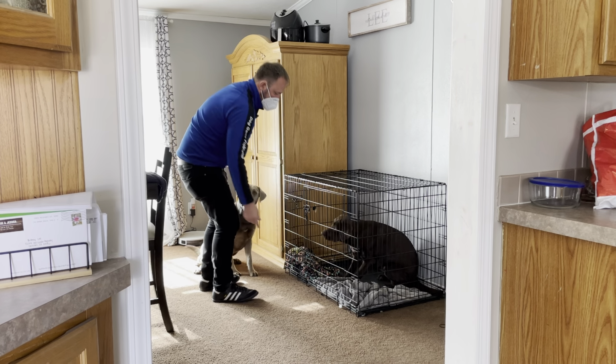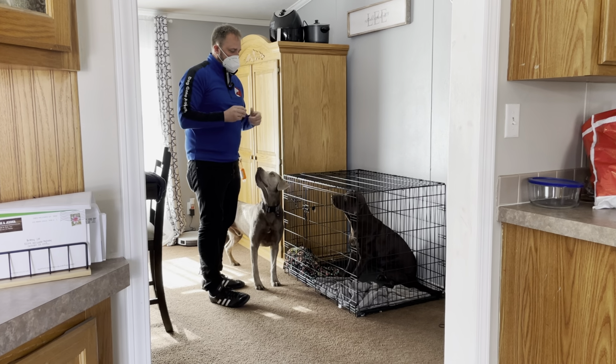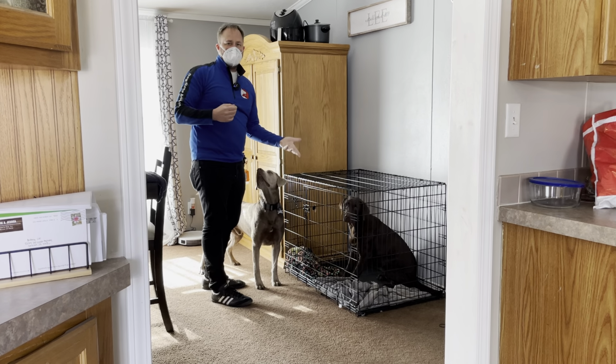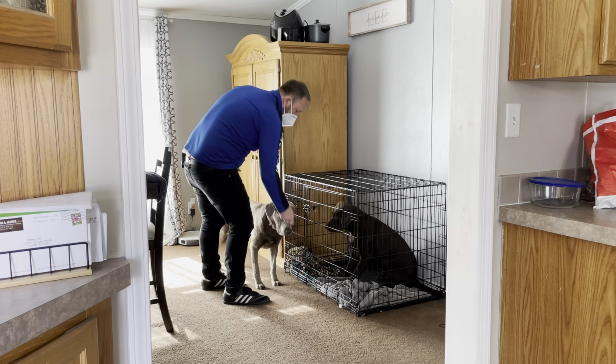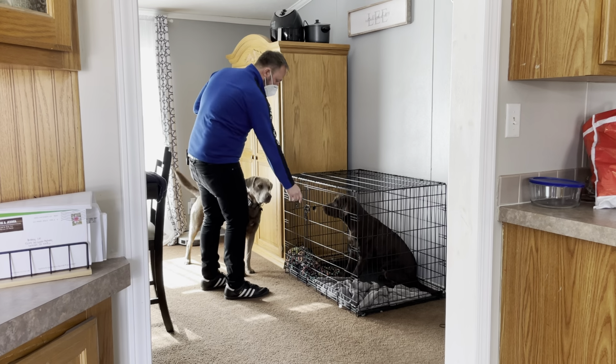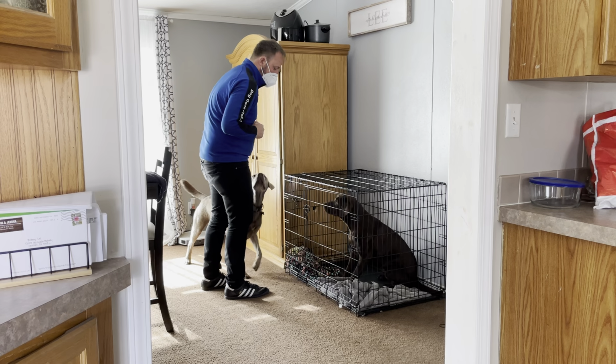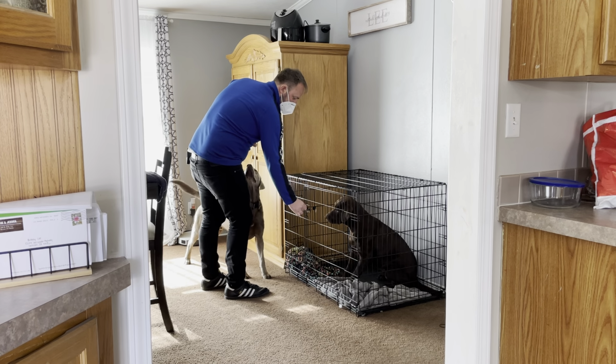And give her that treat. Now, it's right here. There you go. And so now the touch and then treating her afterwards is typically something I'm going to do with dogs who are having difficulty with it. She's okay, so you could just kind of reach, put your hand back, reach a little bit more, put your hand back, reach and jiggle, put your hand back. So what I'm doing is I'm breaking it up into individual stages